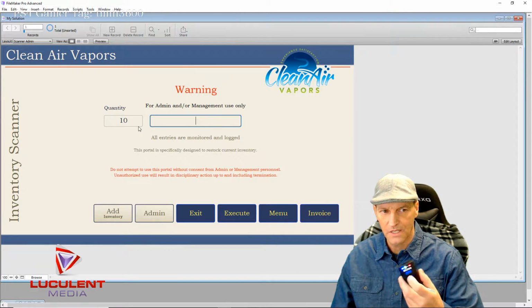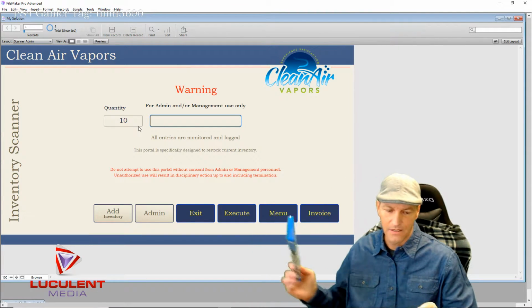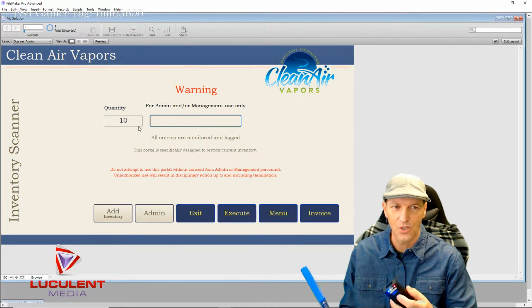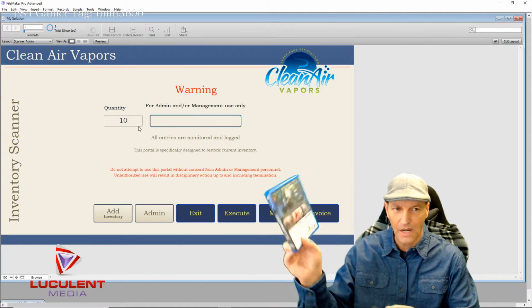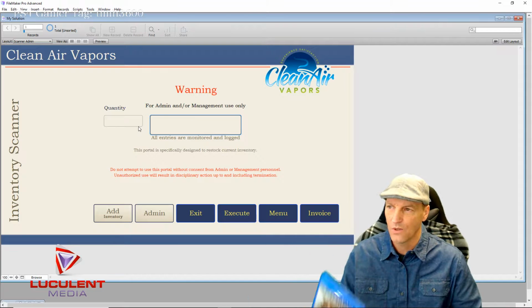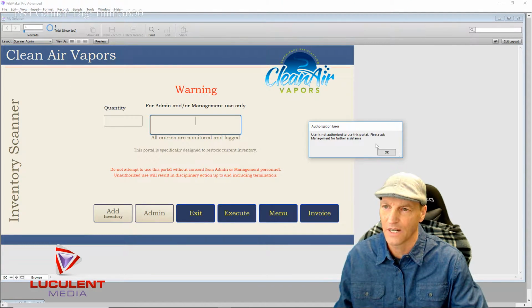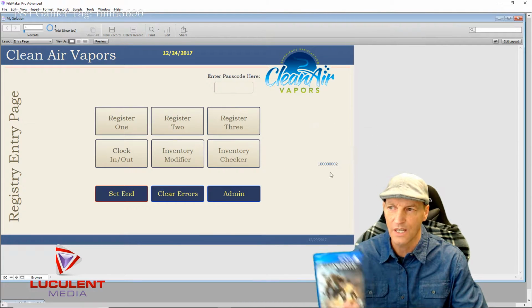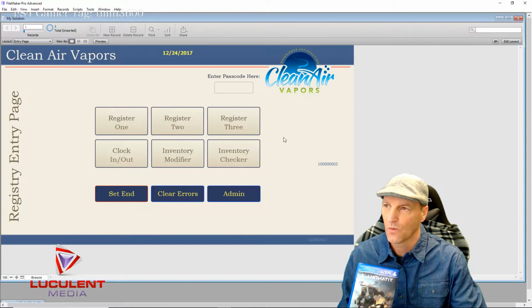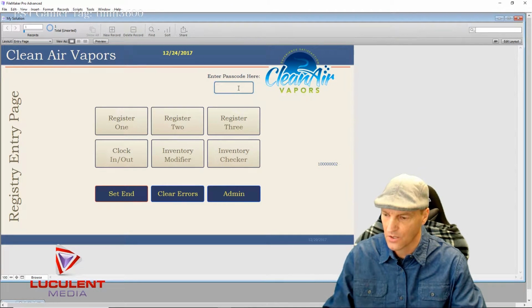I'll turn my scanner on. It makes a loud beeping sound, which is great. I don't dislike that at all. At least it lets you know that it's on. And I've got a product here that I've already put into my database. So if I do that, it will automatically do it, and it says, oh, user not identified. So as you can tell, I can't get in there without actually entering my passcode here,